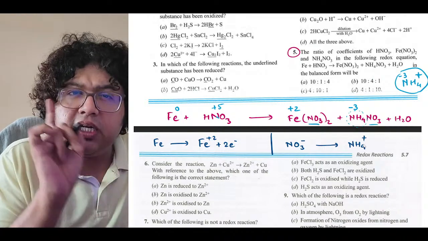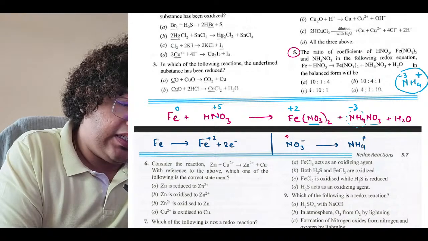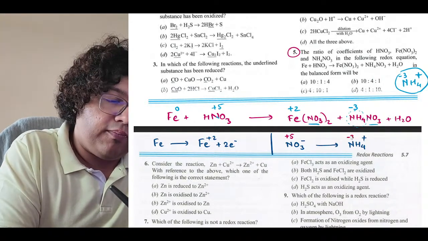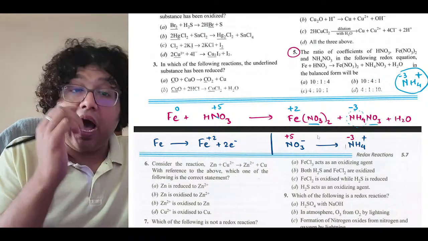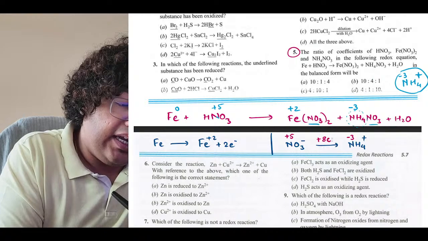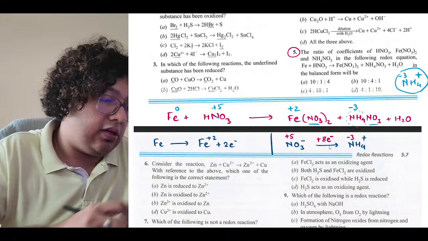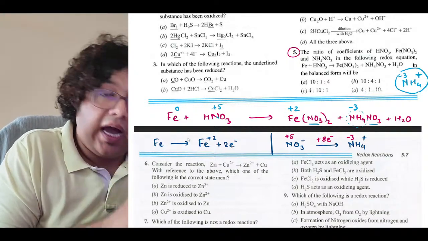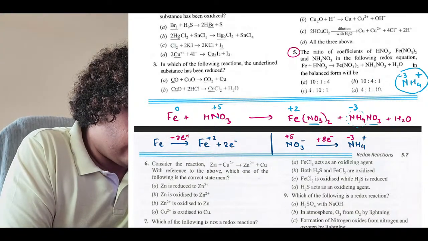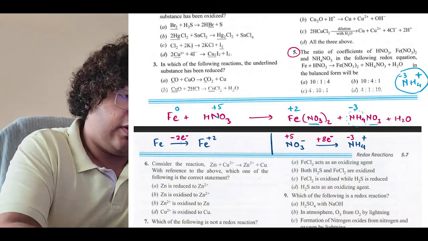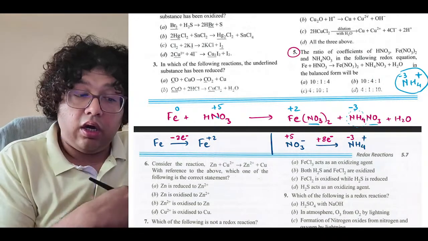We will focus right now only on the oxidation state, not on oxygen and hydrogen. From the oxidation state perspective, nitrogen is going from +5 to -3, which means it is going to accept electrons. How many electrons? It has to accept 8 electrons to go from +5 oxidation state to -3 oxidation state. Whereas iron going from Fe to Fe plus 2 will lose 2 electrons. So iron is supposed to lose 2 electrons, nitrate is supposed to gain 8 electrons.